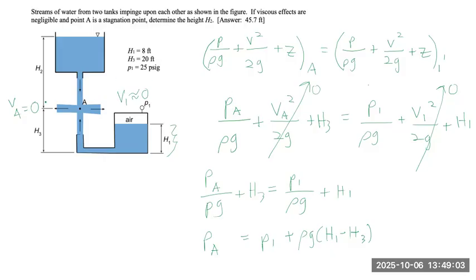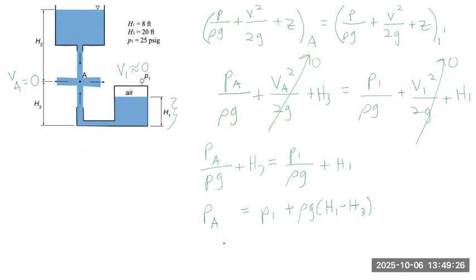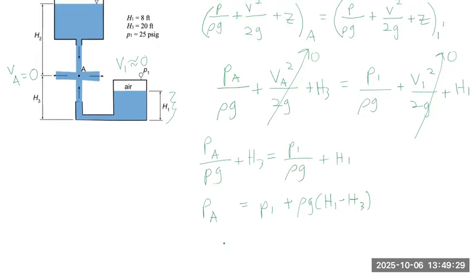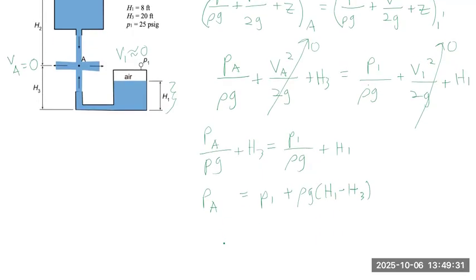And also over here at point A, there's an associated pressure energy, kinetic energy, and potential energy. And because it's flowing in a stream, the sum of these energies have to be equal to each other because of conservation of energy. So now that we have PA at the stagnation point, we can go from point A to finally,